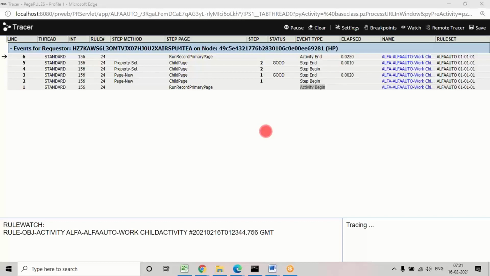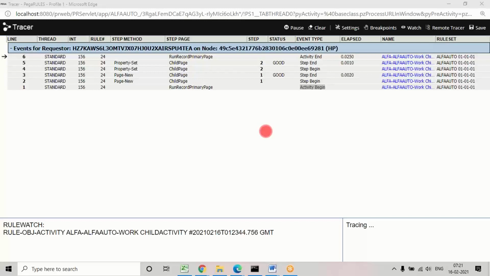Suppose now only one or two methods are taken, but in the next cases maybe we'll be working on some more steps, and they will be added. At that time, where is the issue, we have to find out. We can go with the tracer, and if any issues are there, it will show in the logs, and then we can correct that issue easily. Okay, like that. Here there is no coding, right? So automatically, if we want to debug anything, we can debug easily.